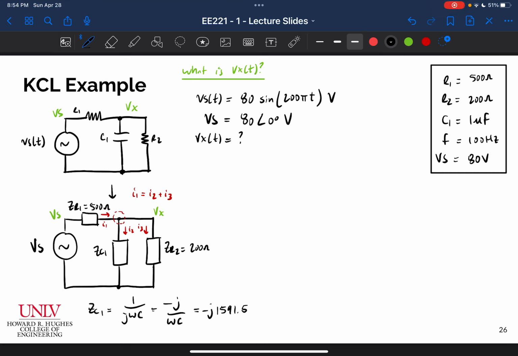All right, so let's go ahead and finish this problem out. We are going to start with this equation here for KCL. For I1, I could very easily just write Vs minus Vx, the voltage drop across that 500 ohm impedance, and I could divide by the impedance, which in this case is 500 ohms. And I can say that that current I1 is equal to the sum of I2 plus